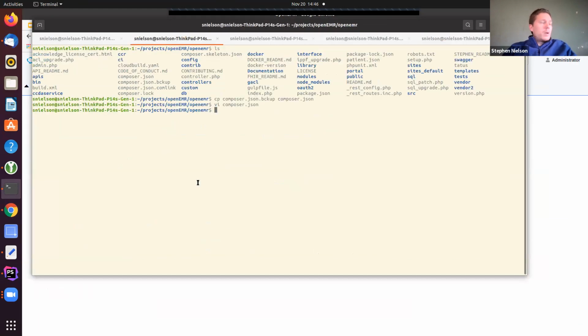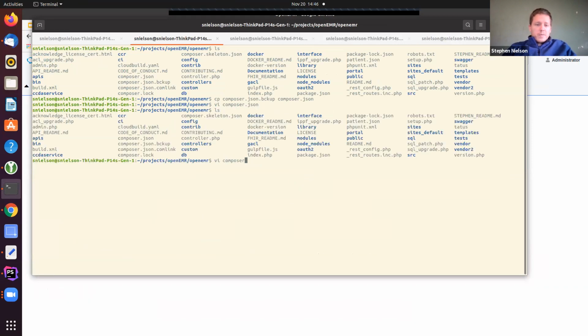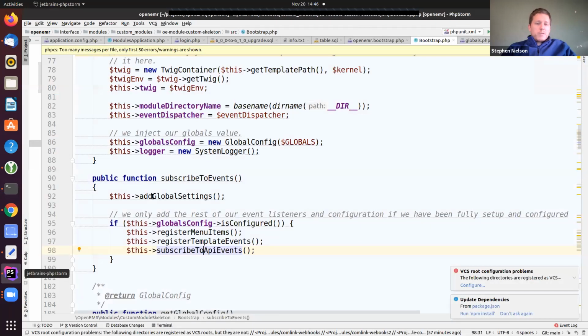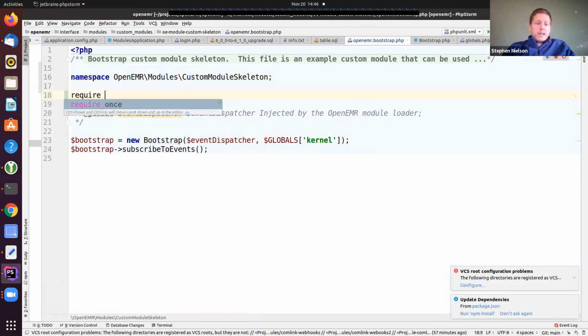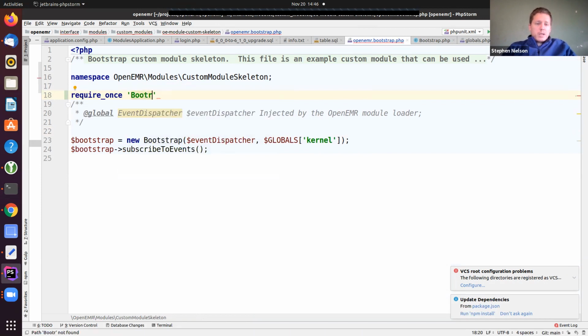Okay. I realize that we've got about 15 minutes, so I'm going to try and go fast on this. Now, on a module, some of you may have run into this problem before. For those of you who have tried making modules and you've run into problems, like, I'm trying to have it use the autoloader and it's not working, and so it's not finding this bootstrap file. And so I just have to go in and manually include it, right? Because a custom module doesn't work on the autoloader.